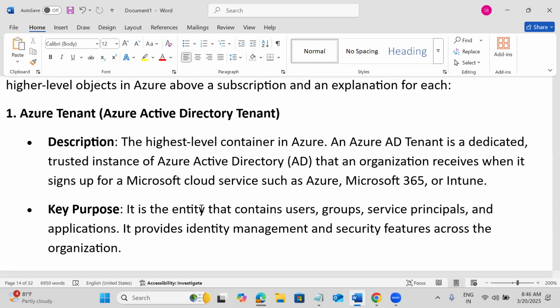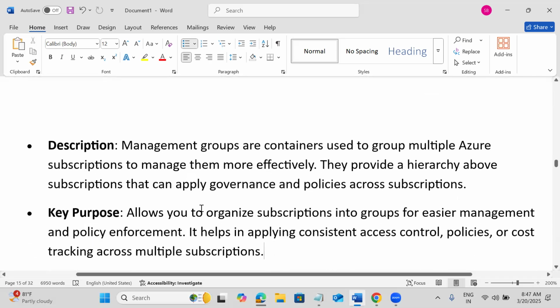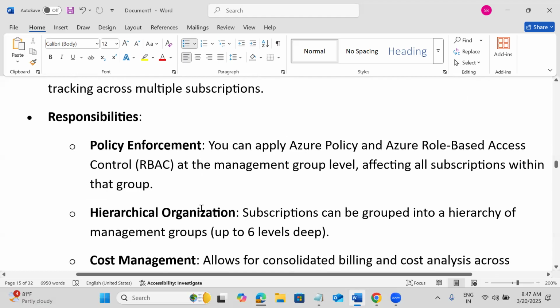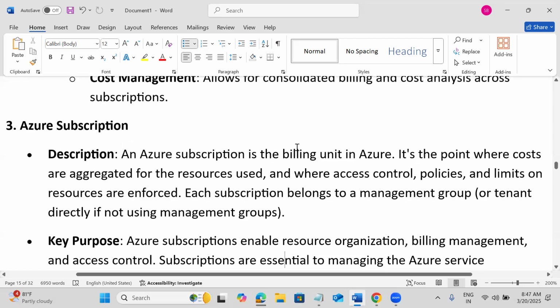Below this we have the management groups. Going forward these will all be understood. Management groups will have multiple subscriptions. Definitely at the multiple account level we also need to use Azure Policies. That means if I have 20 subscriptions, maybe for different billing units, all that we can control and manage centrally. And the policies I can enforce at enterprise level, but I may have different applications, and we have different billing units for each project. We have Azure subscriptions for that. And when you create your Azure account, you get a free subscription.